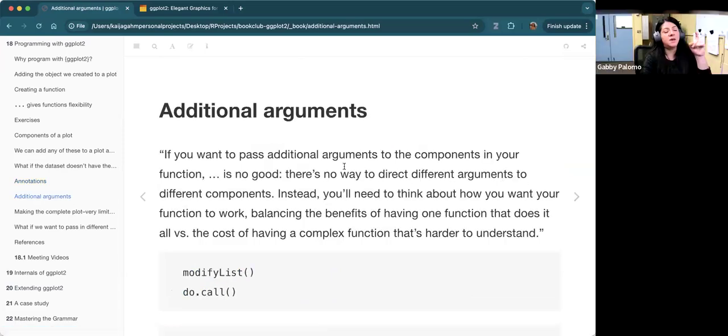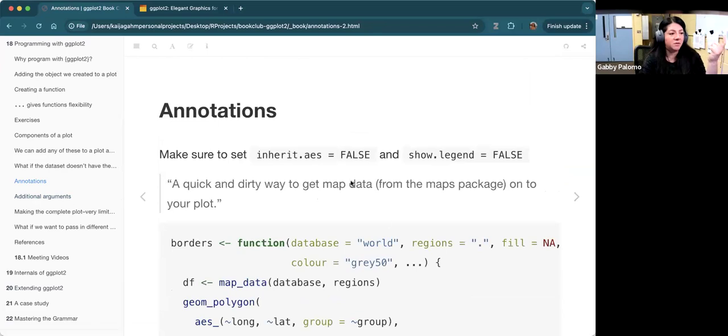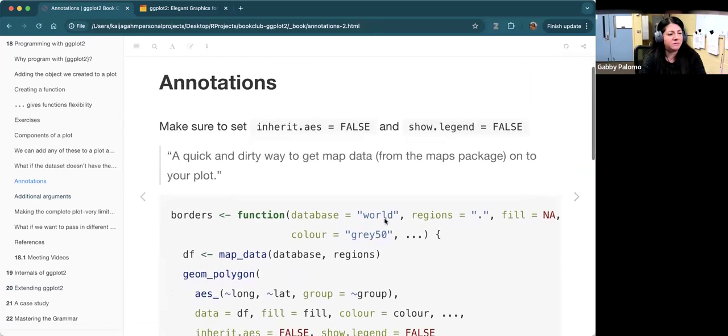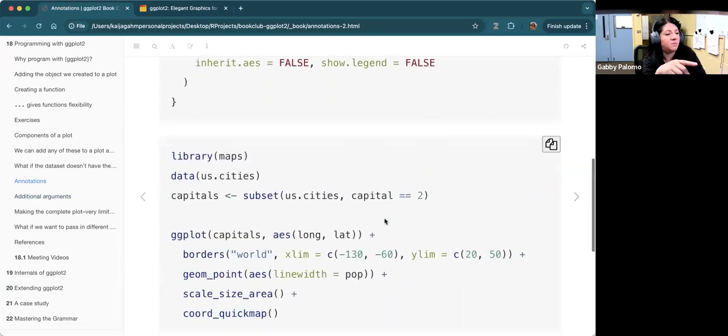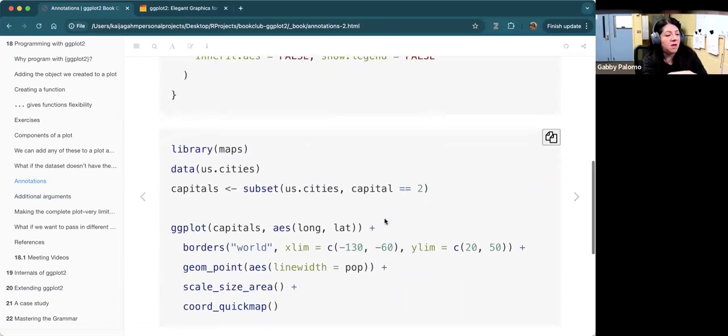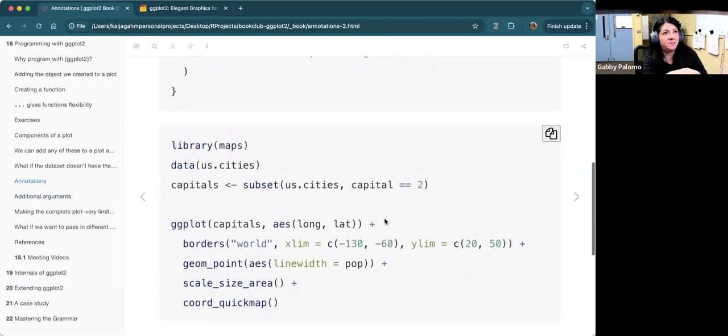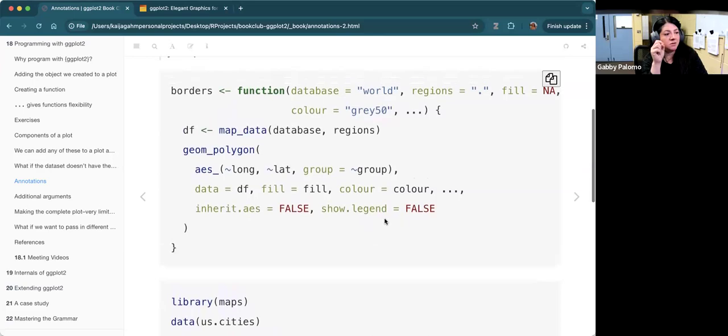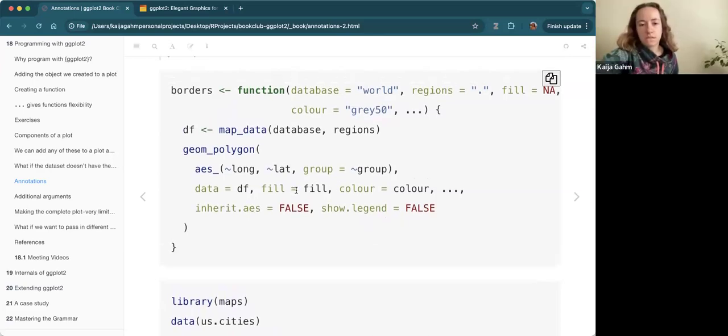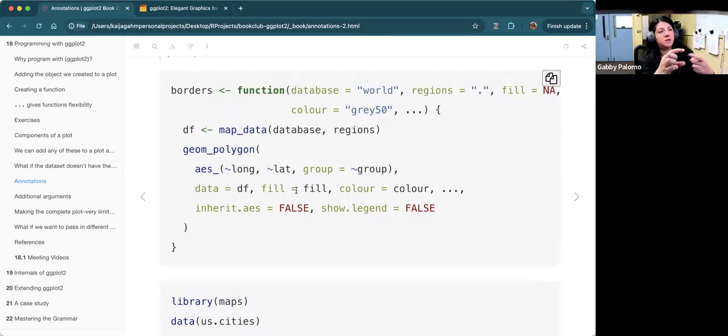So the inherit.aes, can we go back to the previous one? So the inherit.aes, can you scroll down, because you did this part a little fast. So the inherit.aes, I've never used that function. So that is so that whatever you put in the first part doesn't go into the following